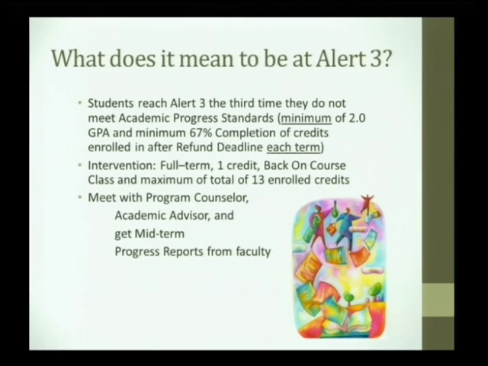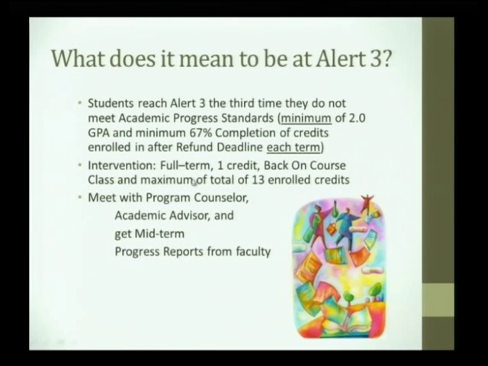How much does the intervention class cost? 1 credit, what 1 credit costs. So $98 of tuition, and I don't know that there's any fees connected with it. If you're getting financial aid, as long as you're in good standing, financial aid will pay for it. And I said you'll be able to register on time next week, and that's going to be dependent on not having any other holds on your record.